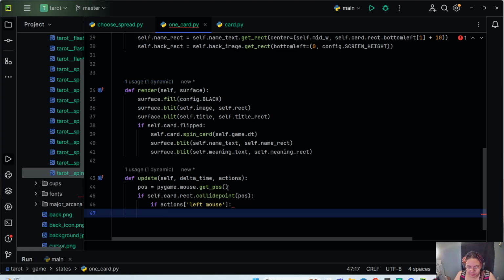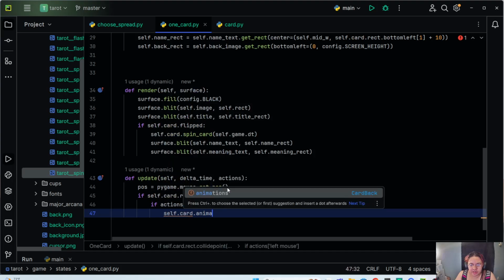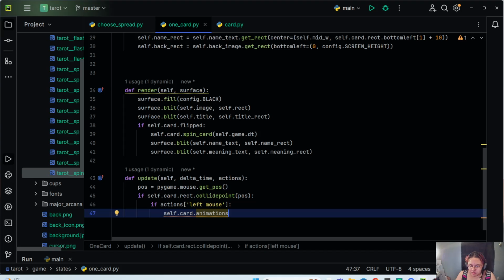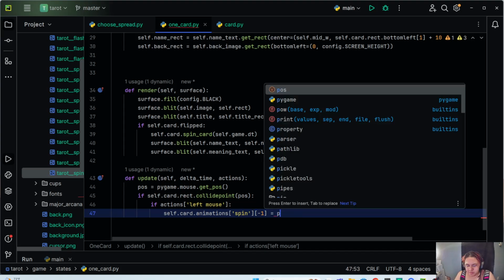We're going to do -1. So we're going to do self.card.animations, and then we want the spin animation, and then we're going to say -1. Because when you do -1 on a list, it's the last element in the list. So that's equal to